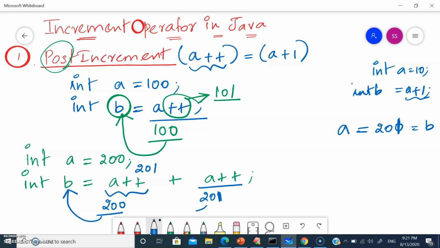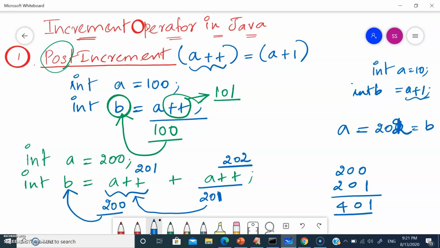So again this value will be assigned to B, but we have to add 200 plus 201 first. 200 plus 201, we get 401. So the 401 value would be assigned to B. Now again, what would the A value be? The A value would be incremented, and it's going to be 202. So this is how your post increment operator is going to work.